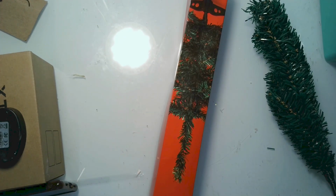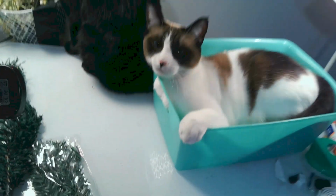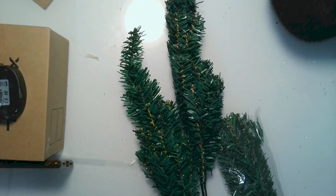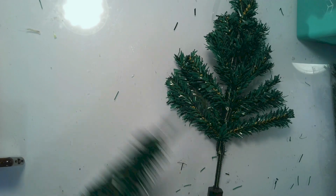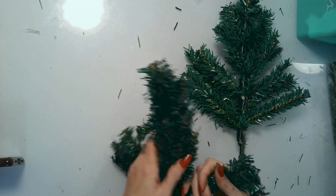Next, on either side of the mantelpiece at the Deering estate, I have two lights, and I would like to decorate them with some teardrop decor. Now, here's Luna, if you haven't met her before, and there's Kudu, and they're wreaking havoc on my craft table. So here, instead of buying those teardrop decorations that usually go for around $9 or $10 each,